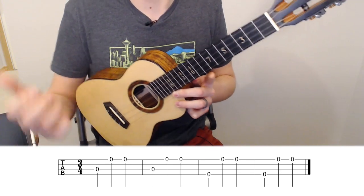Didn't even do the E, and that's totally fine. This technique works a little bit better for when you're playing a combination of things. And so that's the three-finger tremolo. Now the trick is when you speed this up, it creates what we call a tremolo effect on our A